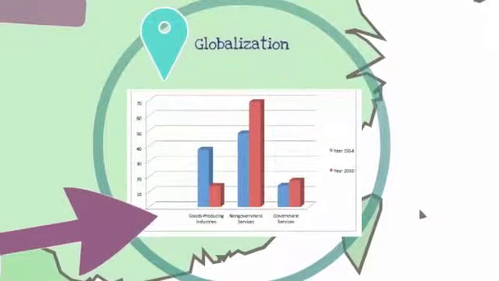Another problem has been globalization. Goods-producing industries have shifted overseas from 1954 to 2010, while both government and non-government services in America have risen. A lot of those manufacturing jobs have been lost. They've been offshored, and they've gone to countries where the wages and benefits are lower. And so that has just hollowed out a huge section of the economy. What we've seen is a greater share of profits, a greater share of the GDP going to companies as profit, and a lower share going to wages.